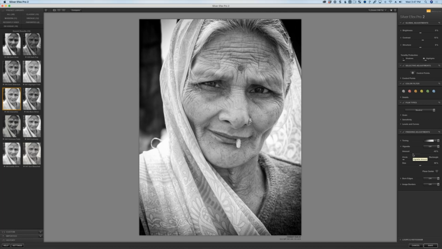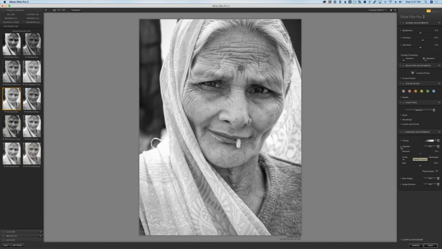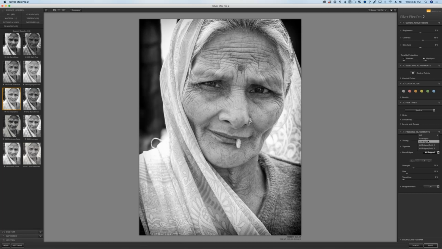So instead of doing a vignette, let me just reset that. I'll use this tool underneath it called Burn Edges. And Burn Edges allows me to burn each edge, left, right, top, and bottom, individually. So I could start with a preset of like all edges 1 or 2, which actually will save some time. So I'll do all edges 2. And then down here, you'll see that I have controls over the left, the top, the right, and the bottom side of it. So let's go to that top one and take the strength down